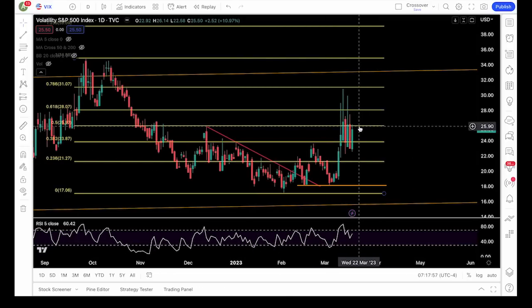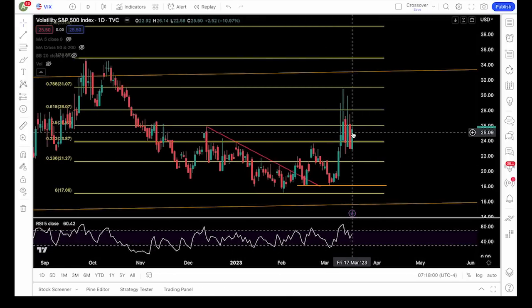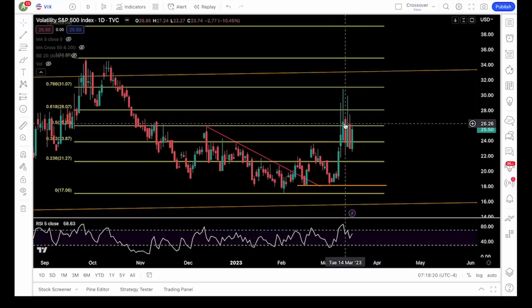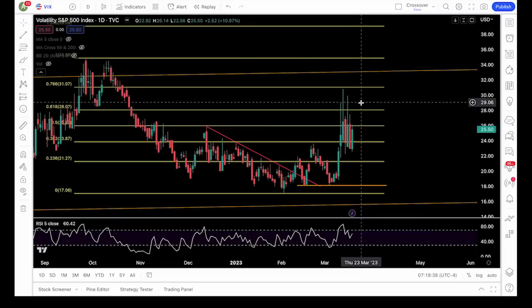That 50% fib level at 26 rejected on Friday as resistance, but it still managed to close above the 38.2 fib level at 23.8. So if VIX wants more upside, it needs to get back above 26 and clear 28. We need to see some follow through with these breakouts as well, because VIX is giving us breakouts but no follow through, and breakdowns but no follow through. So if it clears 26 on Monday, then on Tuesday and Wednesday, of course, it needs to continue to stay above 26